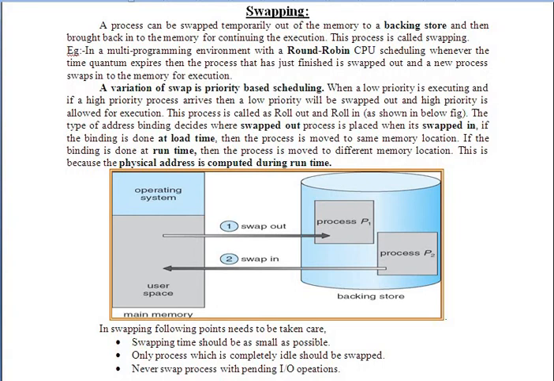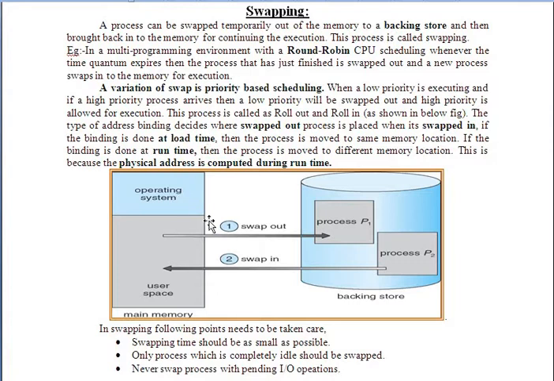Dear students, today we will see the concept of swapping. So what is swapping? Swapping is nothing but moving a process from the user space to the backing store, which is nothing but my secondary memory, and bringing it back to the user space. So why this taking out of process from user space to the secondary storage or a backing store and again bringing back is to make sure that proper utilization of the memory space is done, because we don't want to have a process which is not utilized by the user.